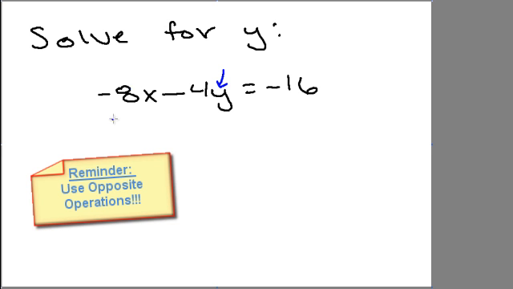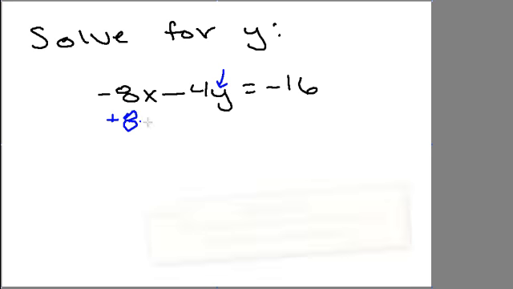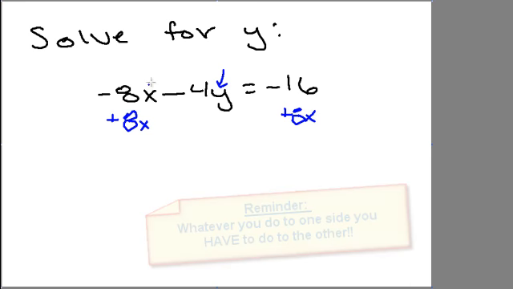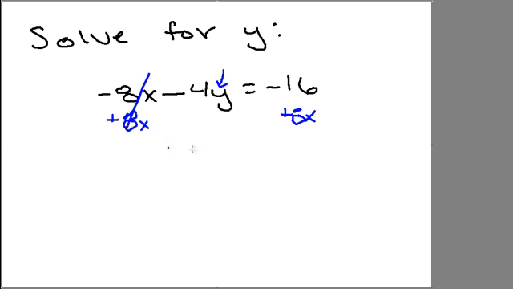So since it's a negative 8, we're going to add it. And we're not just going to do the 8 because that x belongs with it. It's all one term, so we're going to add the 8x. And remember, whatever we do to one side, we have to do to the other. Okay, so now on this side, these 8x's cancel out, and I'm left with not just a 4y, but a negative 4y